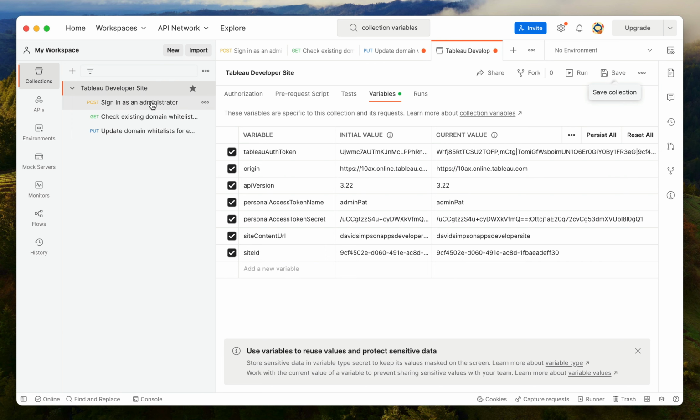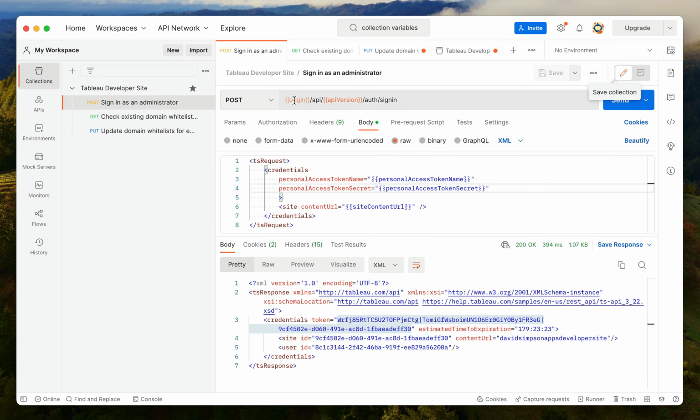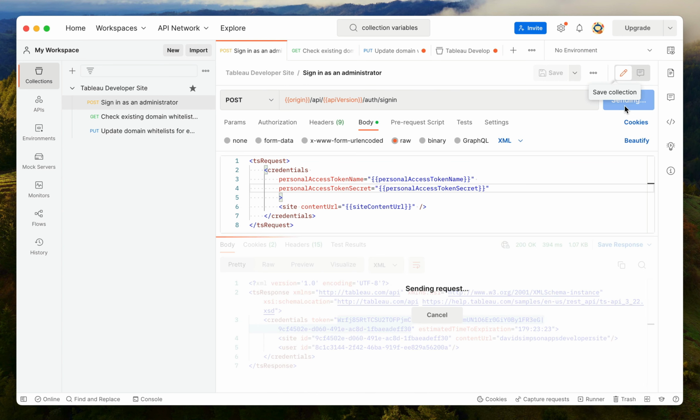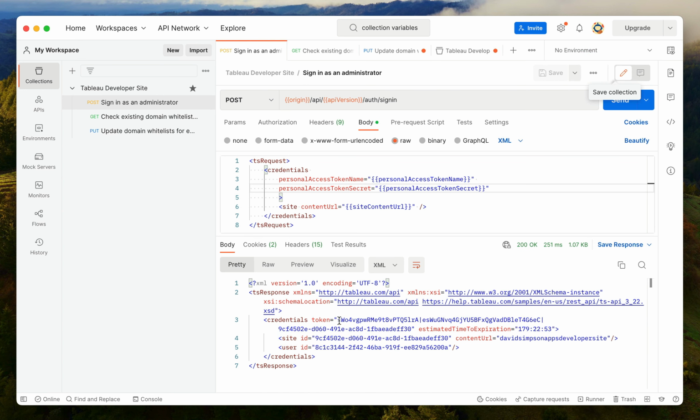So this is the first step with all these things populated into the URL and into the body. So we're posting some XML body like so, and we will just send that now, and then you get this token. Well, you get two things. You've got the credentials token and you've got the site ID,